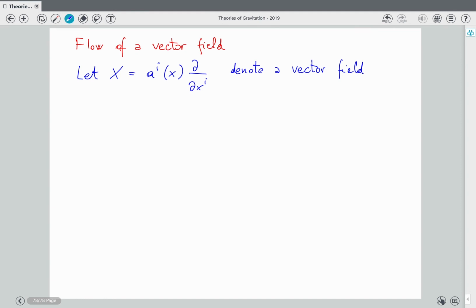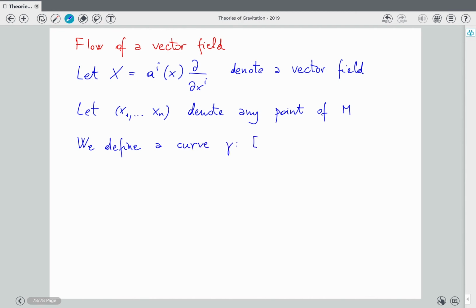And x1, xn denote a point of the manifold M. Then we can define a curve gamma from the unit interval to M,